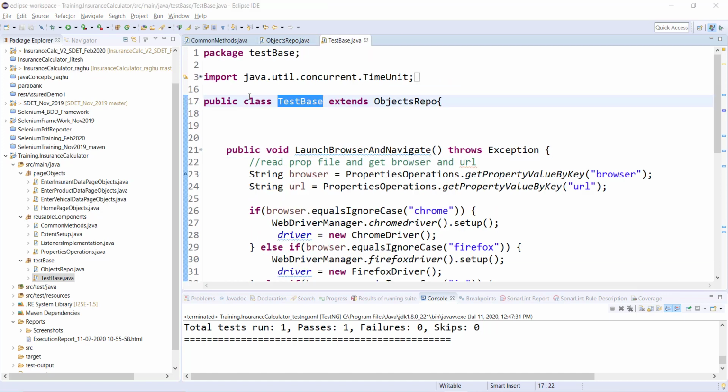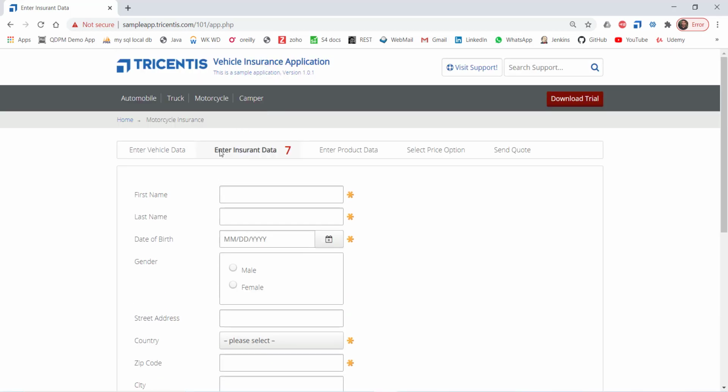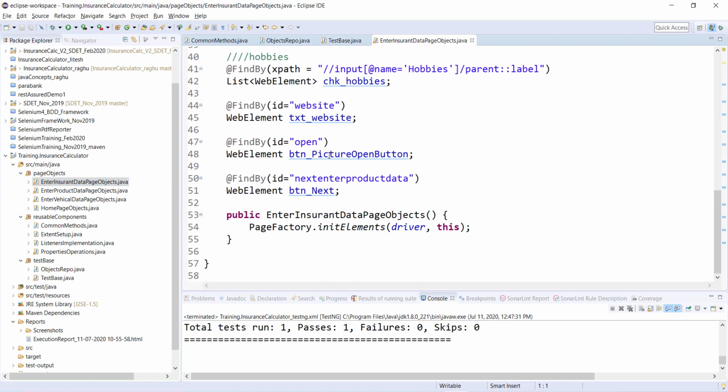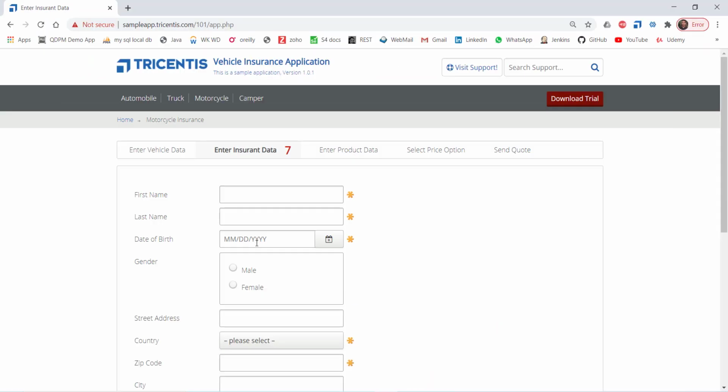Okay, now the second page is about entering insurance data. So let me go to the insurance data page. Great. And let me create one method over here, public void enter insurance data. Okay, so very first thing, enter first name.